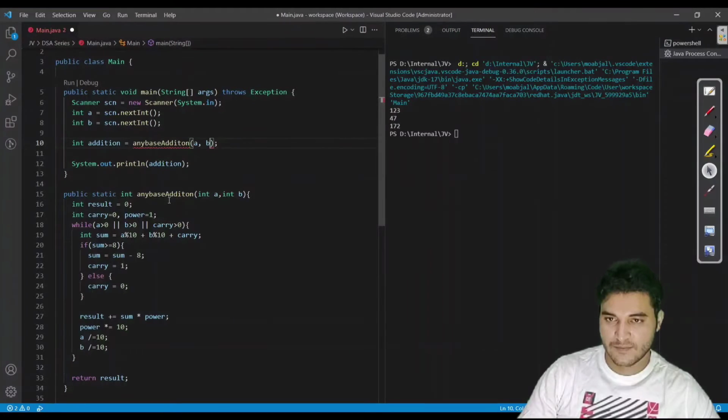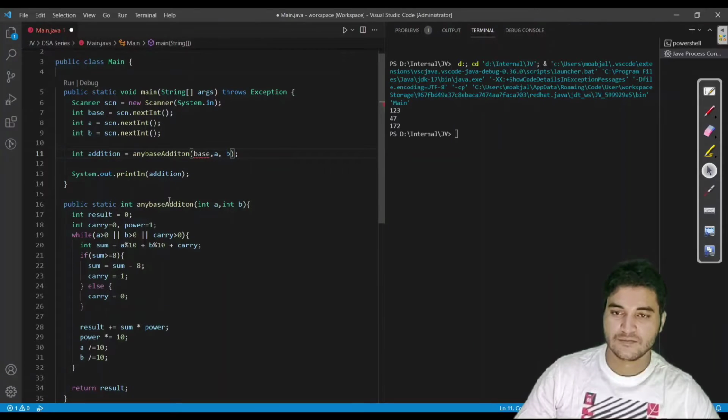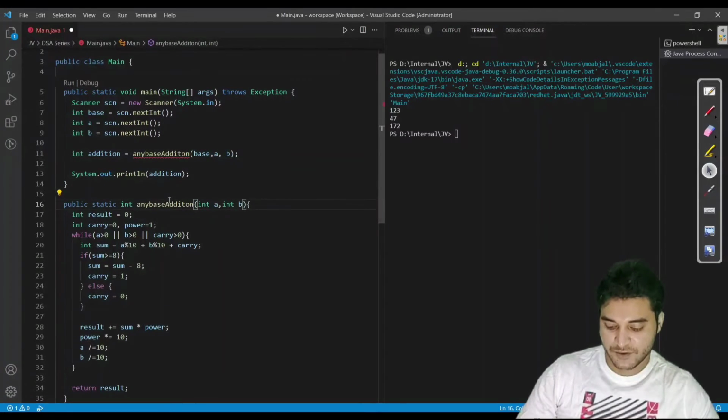Fine, and we would take input from the user, in which base the user wants to add these two numbers. In fact, we would take the base first rather than taking the input. We would pass base as the input, and here we would receive the base also.